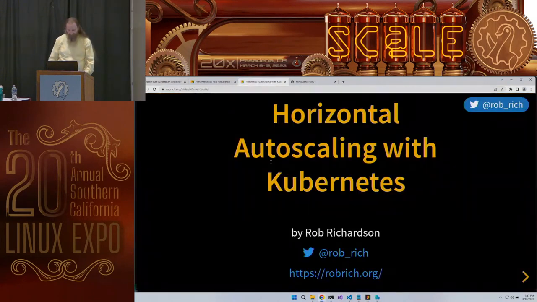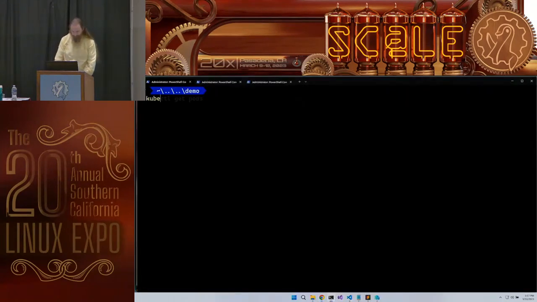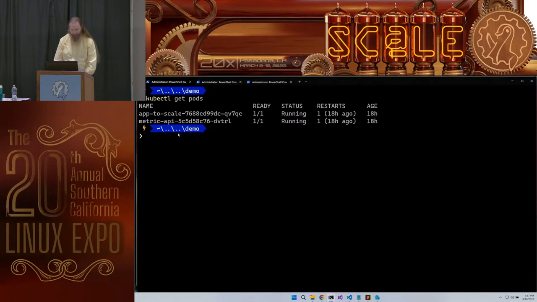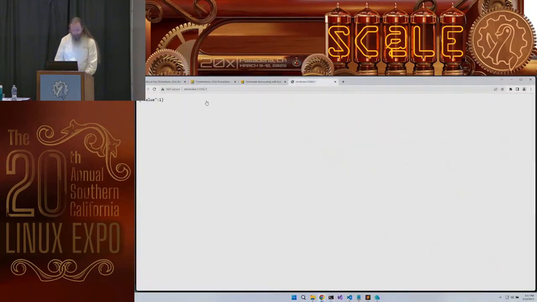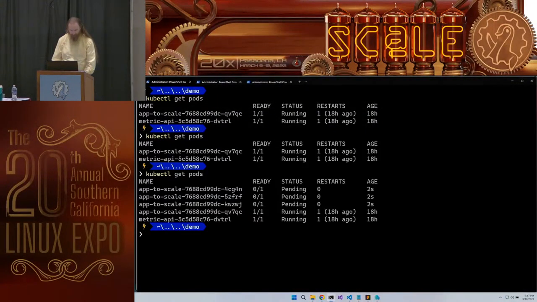So let's talk about horizontal autoscaling in Kubernetes. I'm going to say kubectl get pods. And I see that I only have one app to scale. I'm going to come in here to this API, and I'm going to say, I would like 4, please. And it's going to say, OK, you can have 4. So I'll come back in here, and I'll give it a second to go find it.